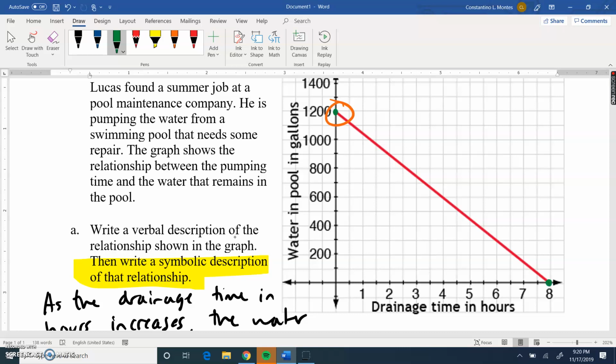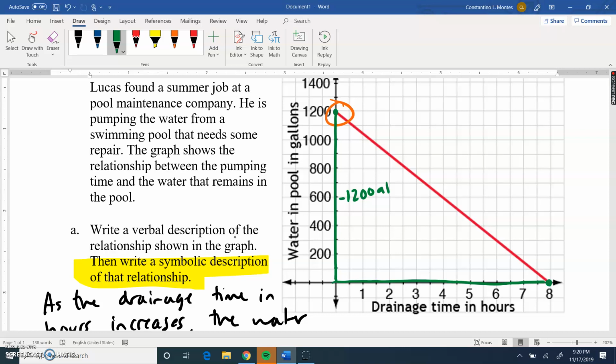For this one, the easiest thing to do would be to use this point right here and this point right here, and we're going to calculate our rise. Or in this case, not our rise, we're going down, and our run. Now from here to here, I start at 1,200 and I end up at 0. I went down 1,200 gallons. I know what you guys are thinking. I should go 1, 2, 3, 4, 5, 6, 7, 8, 9, 10, 11, 12. Don't write 12. It does go down 12